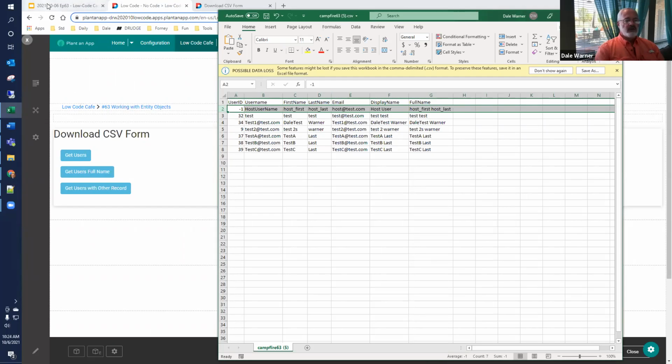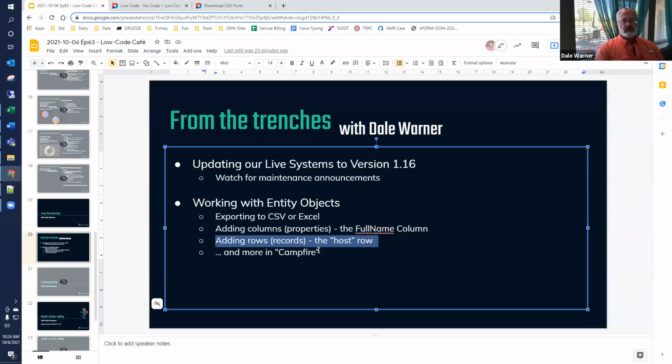Again, there is a contribution in the Campfire that shows more about how to manipulate entities. There's a mapping capability that's demonstrated in there as well, where you can convert an entity from one entity to another. And so that is a technique that you can use to get the content that you're after in an entity.